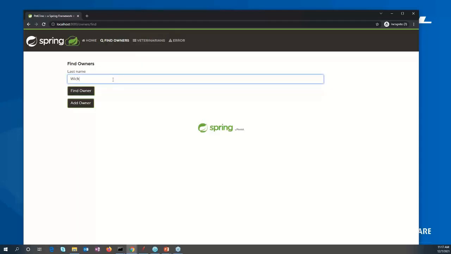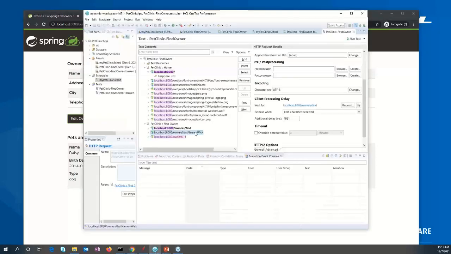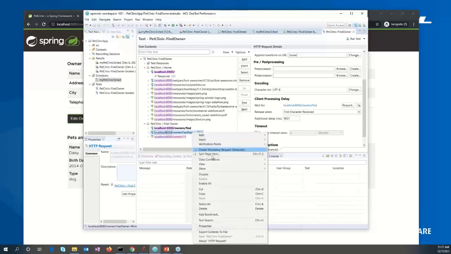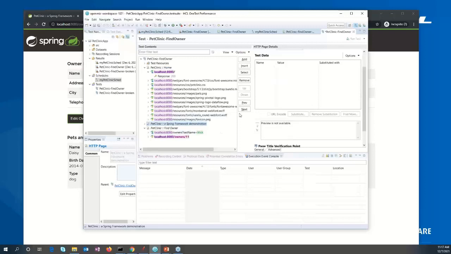You added the user that you want to find on the form, and then you hit find. So this is basically two pages clubbed into one with some kind of think time, which we captured as a client delay. What we ought to do to fix this is set this up as a separate page, split it up, and then